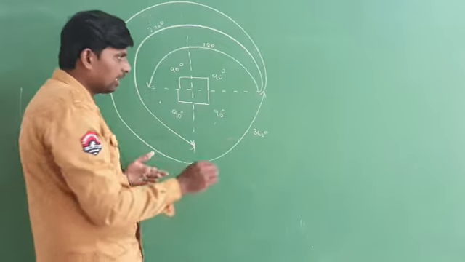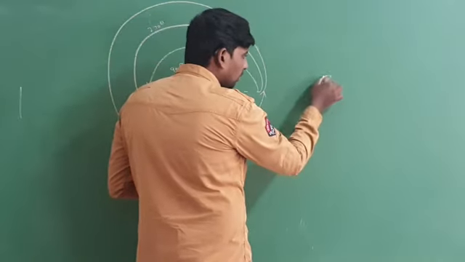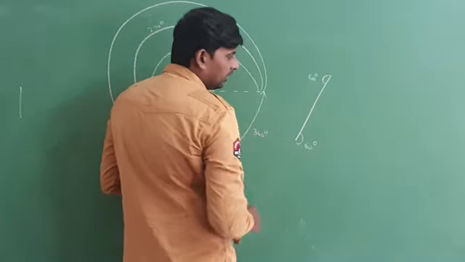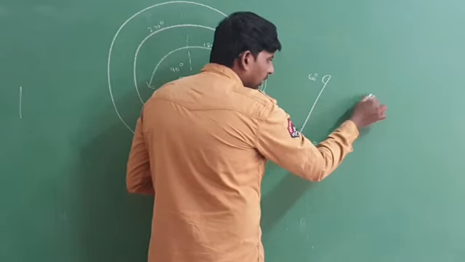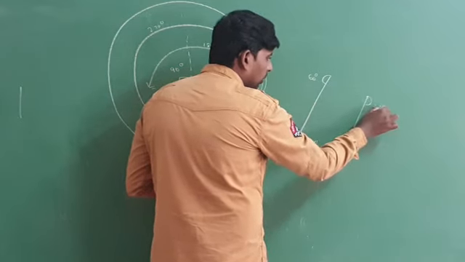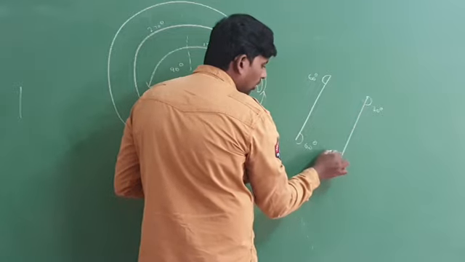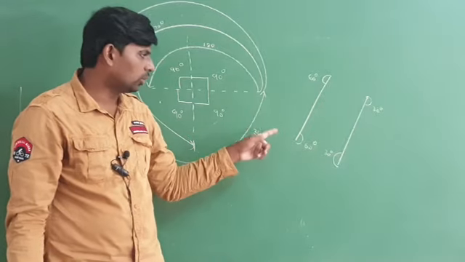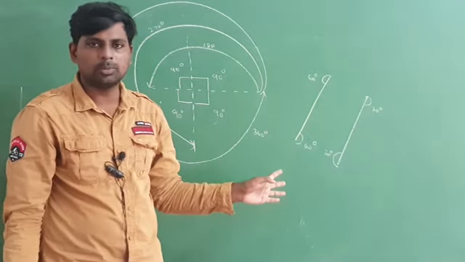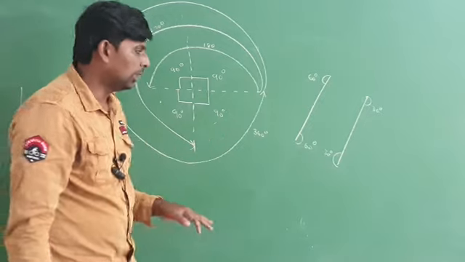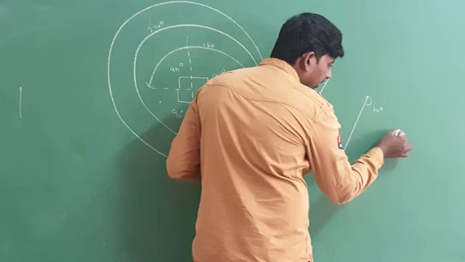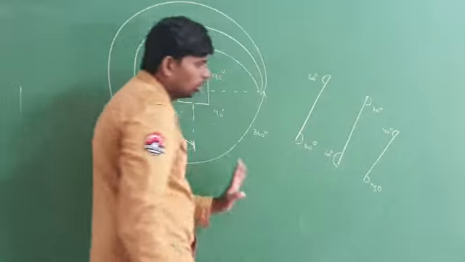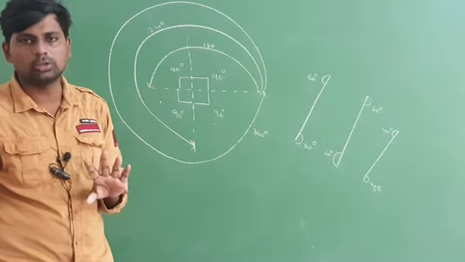And opposite angles are also equal. Suppose on this side the angle is 60 degrees. So the opposite side angle will also be 60 degrees. Suppose on this side the angle is given as 30 degrees. So on this side also you have to consider the angle as 30 degrees. So opposite angles are always equal. This angle is equal to this angle. You have to remember this one. Suppose like this I give this side as 45 degrees. So this one is also how much? 45 degrees. You have to remember this one.